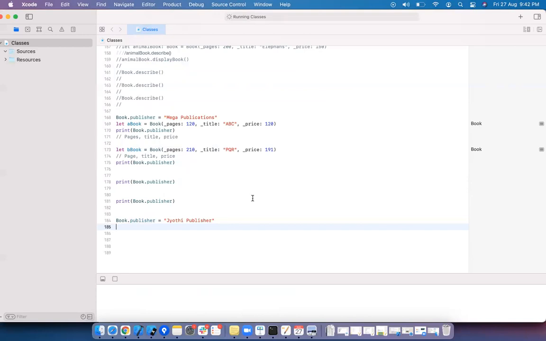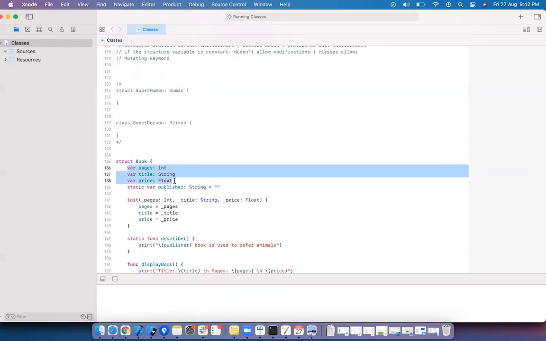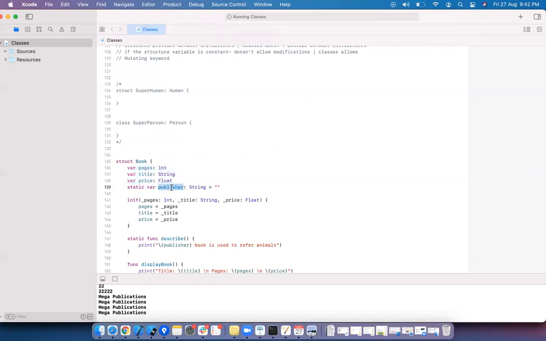Whenever we deal with singleton, I will explain exactly what a static property or static function is. Basically, we use static properties in the case of singleton. Singleton is global actually. When you create 3 books, 3 into 3 properties, 9 properties will be created, but publisher will be only one variable. It won't create one publisher for each object. For the entire company, for entire books, only one publisher.